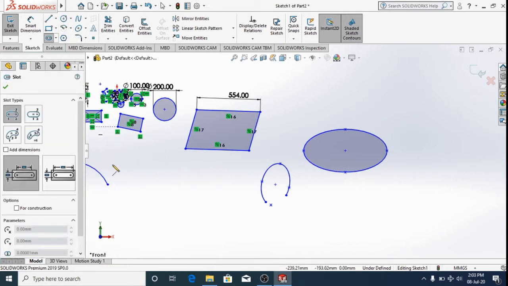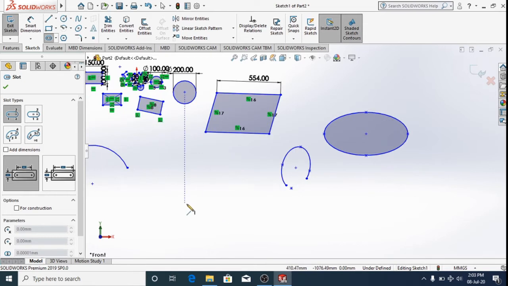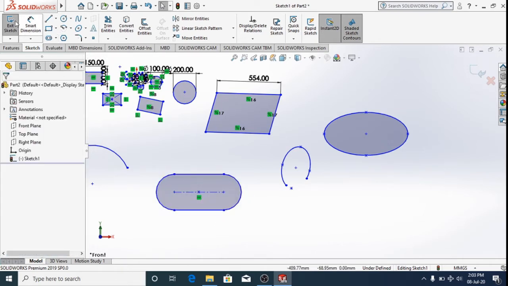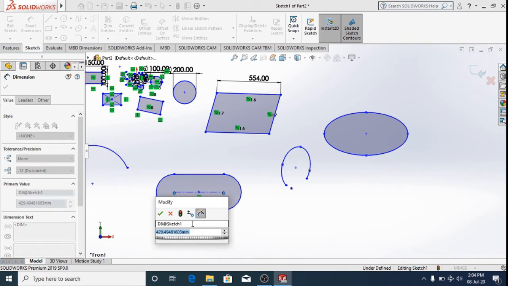And next, let's go for slot. This will be a straight slot. We have four slot types here. This is how you can use it. This is very simple. The software shows the easiest way of drawing any feature. So this is the first point, second point, and third point. First point, second point, third point. You can give the dimensions of that using the smart dimension tool, which is smart as its name says compared to other CAD software.